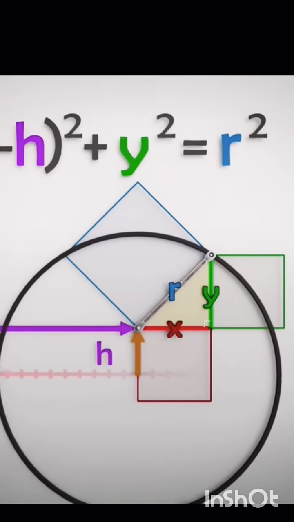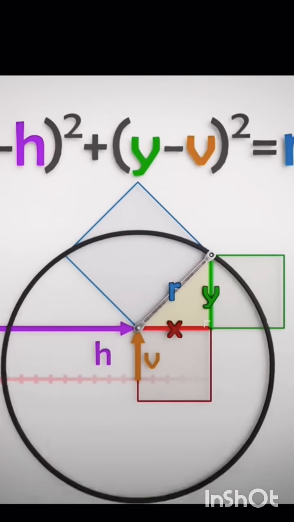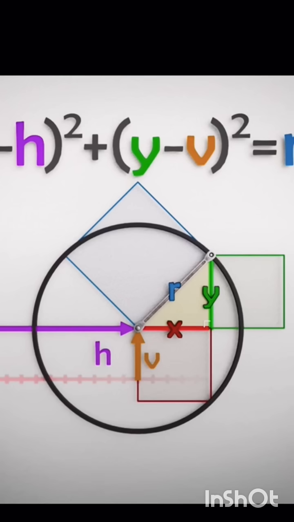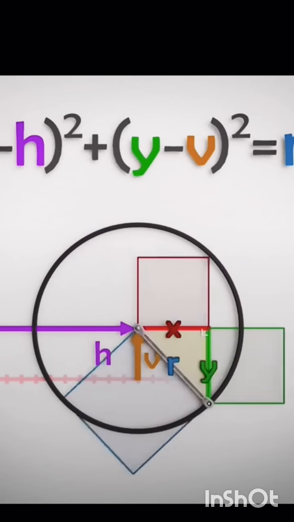If we shift the center up vertically, we'd have to subtract that offset amount from our y location to maintain balance. When you see the formula for how to graph out a circle, remember that you're actually looking at a description